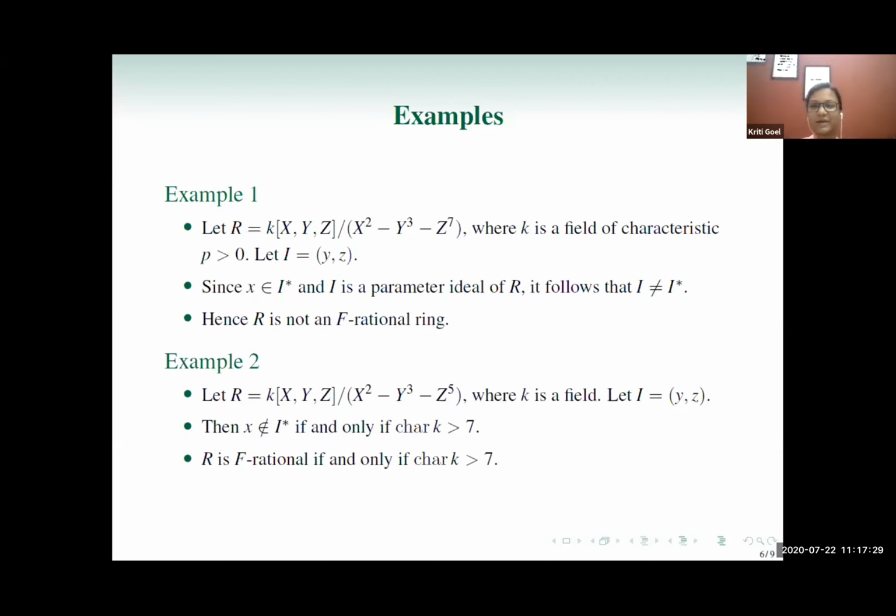Okay, so this was the background details of it. Let's come to the main topic. We want to characterize F-rational rings using e1 star of I. But why e1 star of I? So